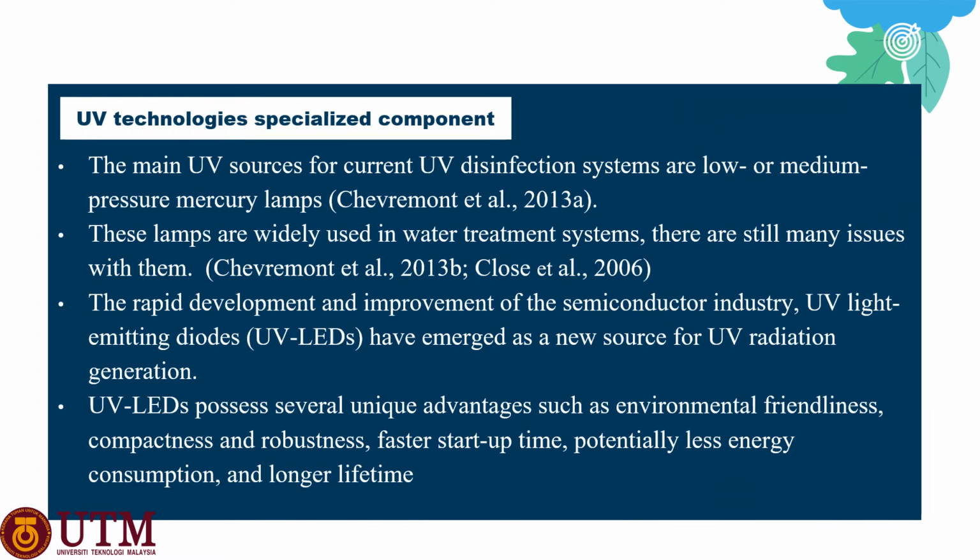And for the last literature review, the main UV sources for current ultraviolet disinfection systems are low or medium pressure mercury lamps. These lamps are widely used in water treatment systems. There are still many issues with them. The major concern is that the ultraviolet lamps are fragile and contain toxic mercury, which is hazardous to the environment